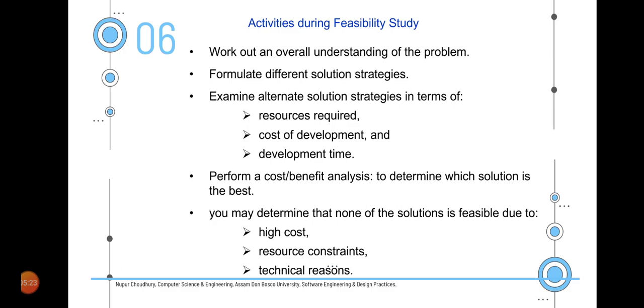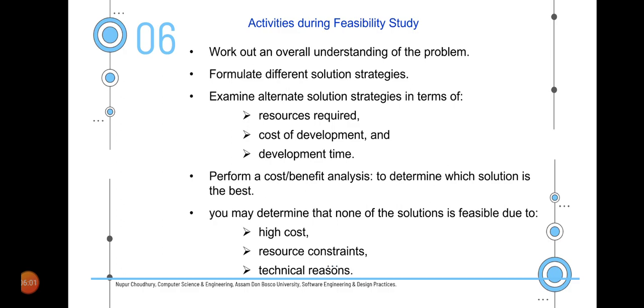Once the constraints are understood, then the project manager would like to execute it. As per the proposed alternate solution, we'll also need to find out the cost for its solution, do the cost benefit analysis, check whether it is schedule-wise and technically feasible, find out the best solution, and discuss with the customer and determine whether to execute or abandon the project. Now the question is, after doing so much research and hard work, why at all do we need to abandon a project?